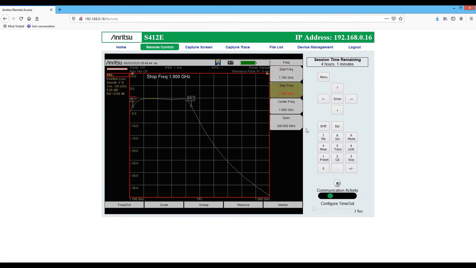So let's change our stop frequency to 1790 megahertz. All right. See, now I'm down to just 46 data points. That's why the line is a little more jumpy. Now, if I were going to do this on a regular basis, I might choose to start off with more data points. Instead of 201, I might choose to start off with, say,